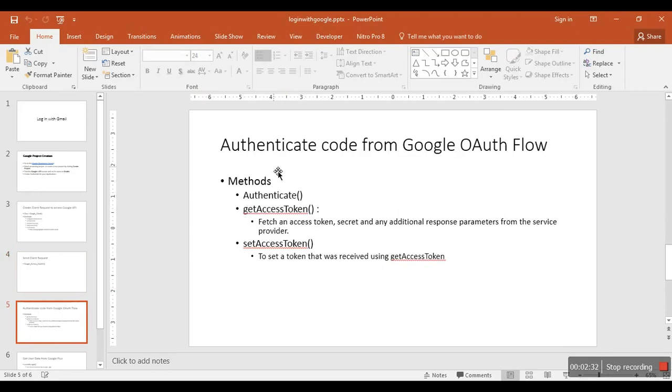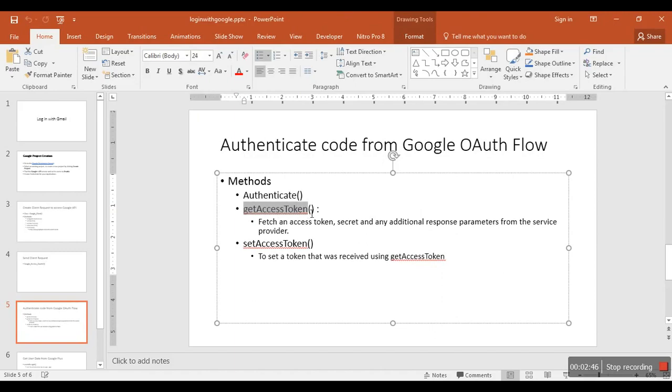The next step will be authenticating the code from the Google OAuth flow, where we'll be using the authenticate method to get the code, and then to filter that code and check whether all the conditions are met or not. Then get access token is used to fetch an access token, the secret key that is sent from Google, along with the additional response parameters from the service provider, which will be Gmail in our case.